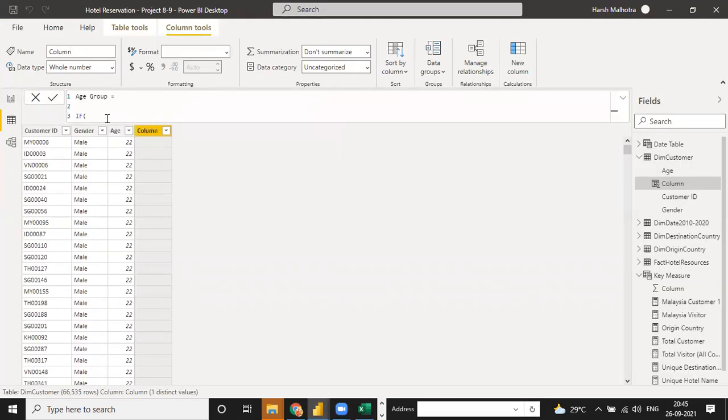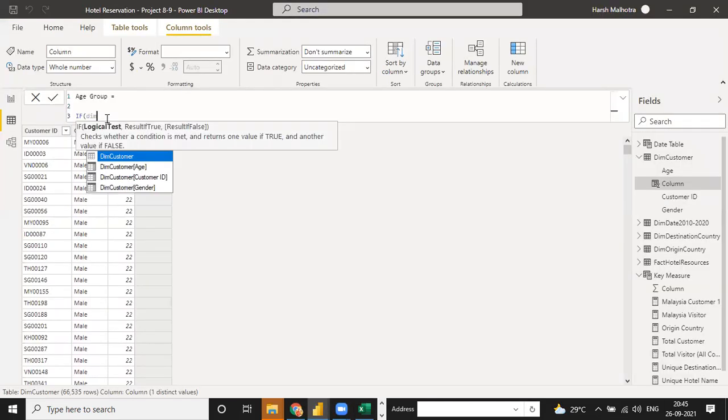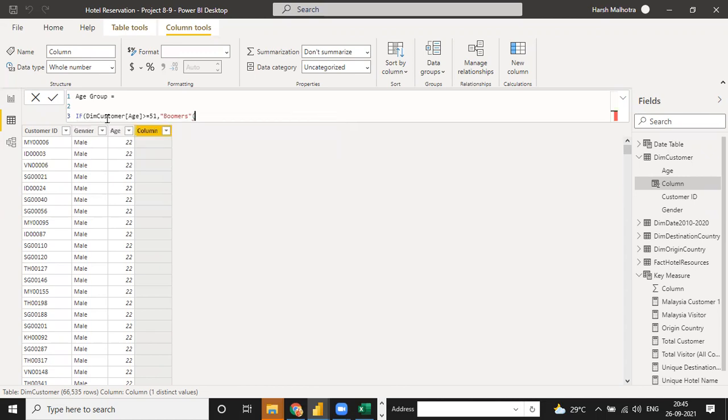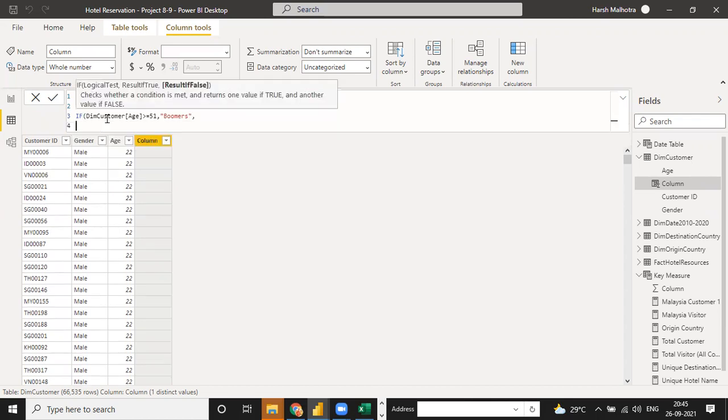So we click IF, the DimCustomer table age, if the value is greater than or equal to 51, then we need boomers. Okay, this is your condition. If this column is greater than or equal to 51, then the result if true is boomers.